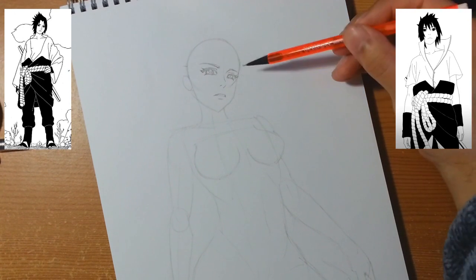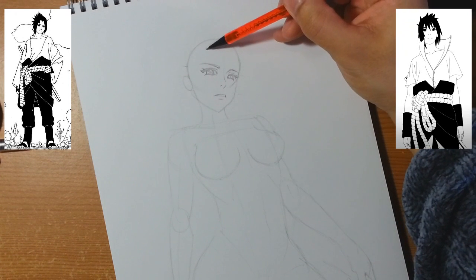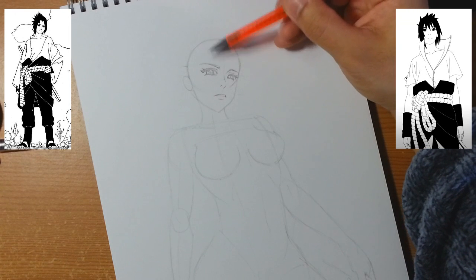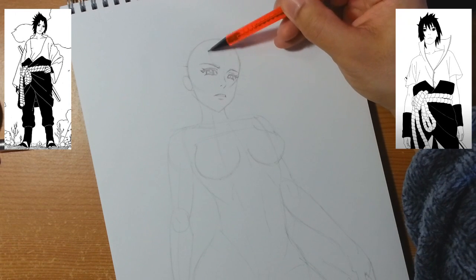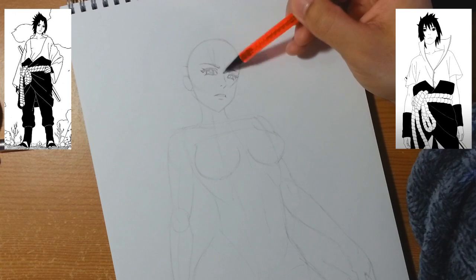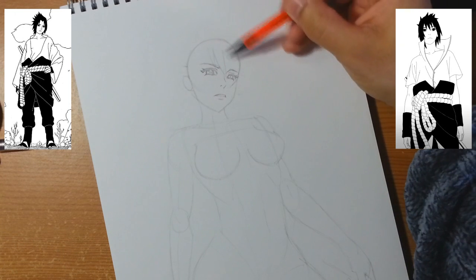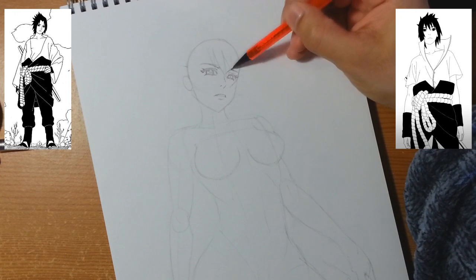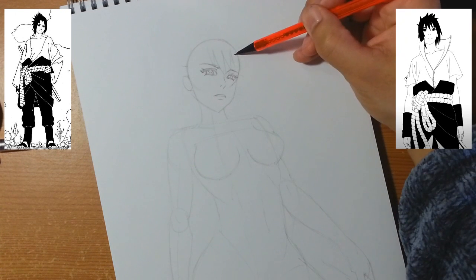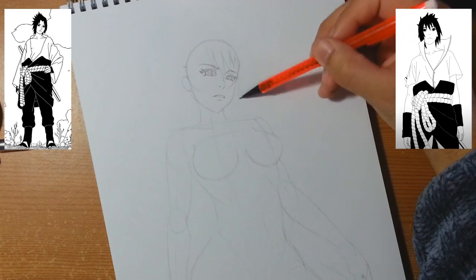So again, if we think about what I'm going for here, Sasuke's hair at the front spikes down in a couple of ziggity-zaggity lines. So if we start the hairline up about here, I'm just going to pop down a couple of triangles to start to test out that feeling, that image. Here, here, and then kind of up and around where this hairline is for the character. A few sharp spikes come into play around about there. And that's where the hair then starts to come